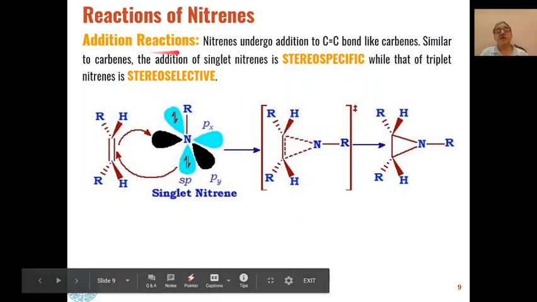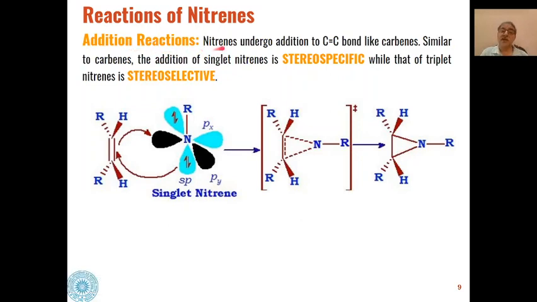Then first is addition reactions. Like carbenes, nitrenes also undergo addition to a carbon-carbon double bond, and the reaction is again similar to carbenes: addition of singlet nitrenes is stereospecific, whereas that of triplet nitrenes is stereoselective. Stereospecific means only one isomer is formed. Stereoselective means both isomers are formed, but one is formed in more amount and the other in